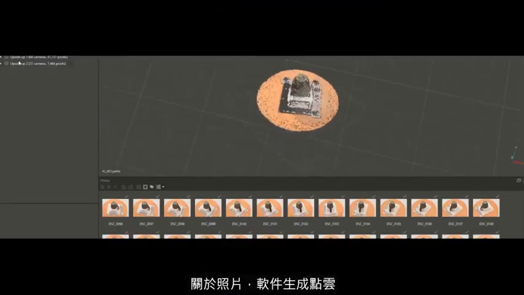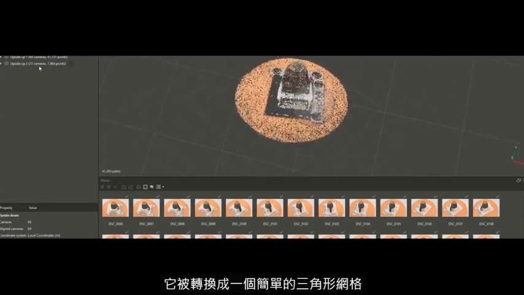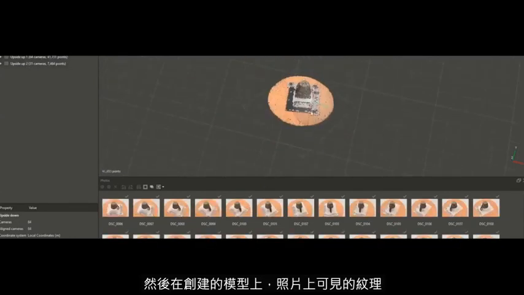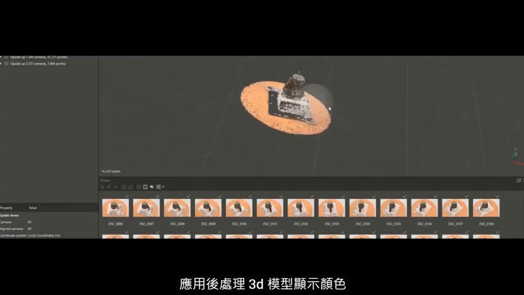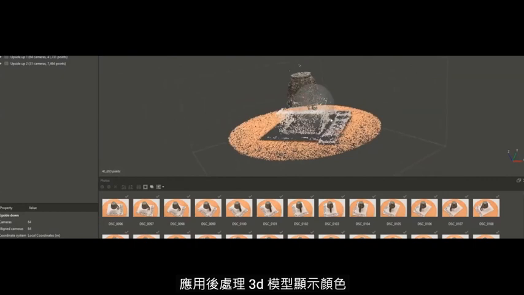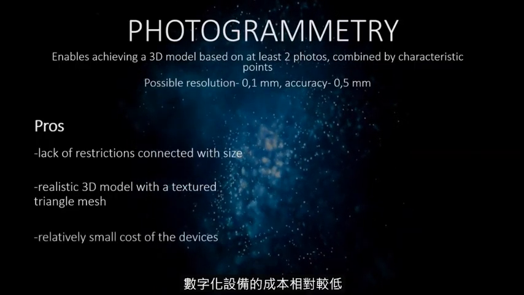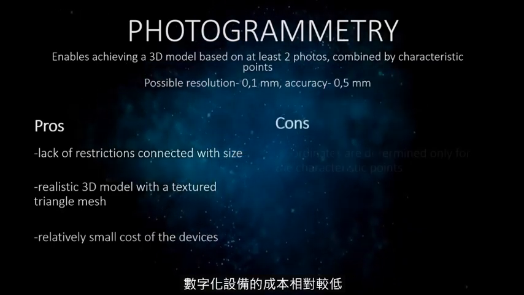In relation to the photos, the software generates the cloud of points, which is transformed into a simple triangle mesh. Then, on the created model, the texture visible on the photos is applied, so after processing, the 3D model shows colors. Another advantage of using this method is the relatively small cost of the digitalization devices.